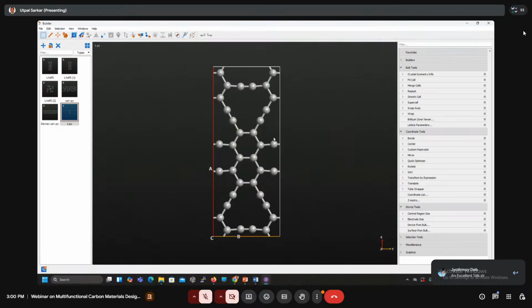Before doing the property simulations, we need a very stable, optimized geometry. For this, we need to check the energy convergence criteria in two ways: one is the E-cut and the other is the K-point sampling. Before going to the energy convergence, you need to monitor the structure visually, because sometimes due to overlap of atoms, the geometry is not visualized properly. That's why now going to the script generator.